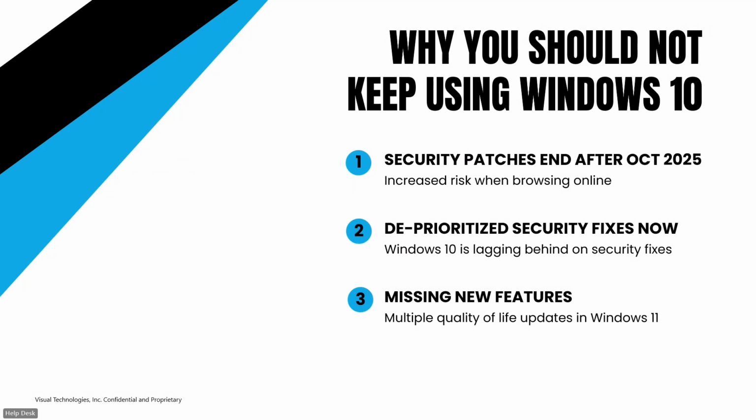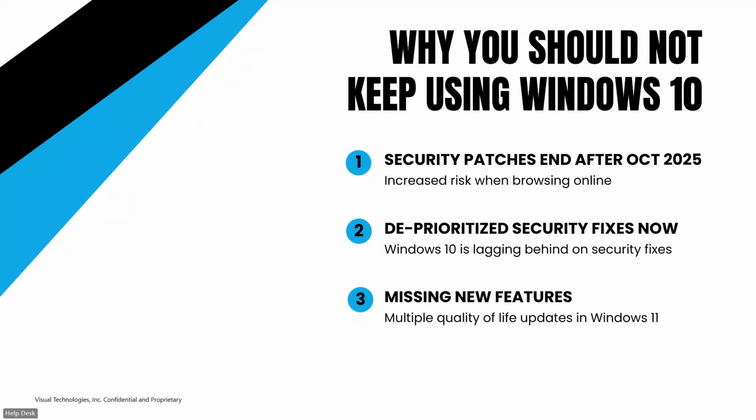A remote code execution vulnerability is a vulnerability where if a hacker knows how to exploit it, they get to execute whatever software they want on your computer. You will end up with a virus, some spyware, anything like that. So every single month that goes by after October 2025, I'd expect there to be potentially 100 new vulnerabilities in the Windows 10 operating system that will just not get patched. It'll become less and less secure over time as Windows 10 gets past its end of life.